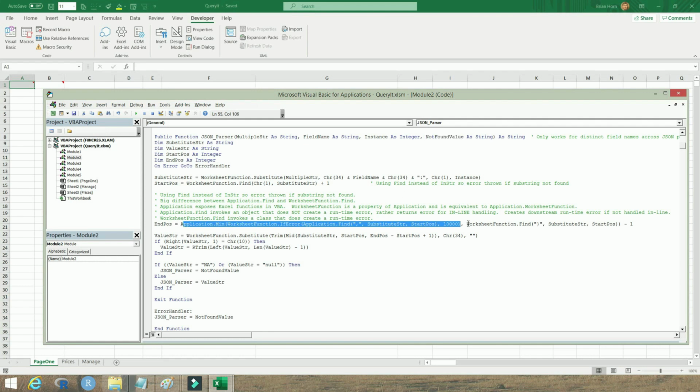Now, we went through this in pretty much detail when we were talking about error handling, so I won't go through that part of it again. And we've also talked about the use of the substitute command, a kind of tricky way to find a particular instance of something in a string. You end up finding the start position by using the substitute command for that instance, and the end position based on the delimiter that you're looking for, either a comma or a right bracket,